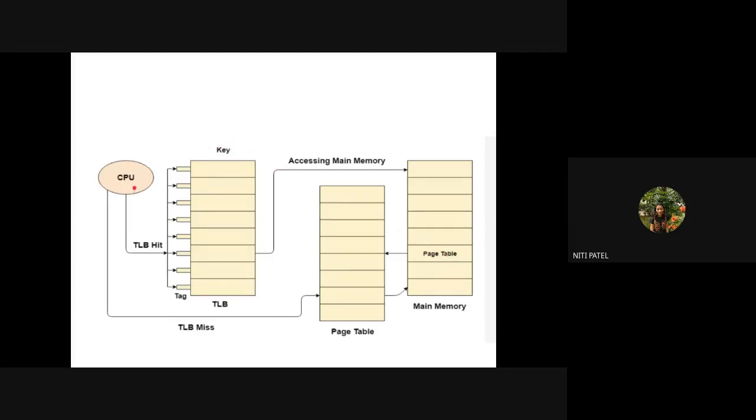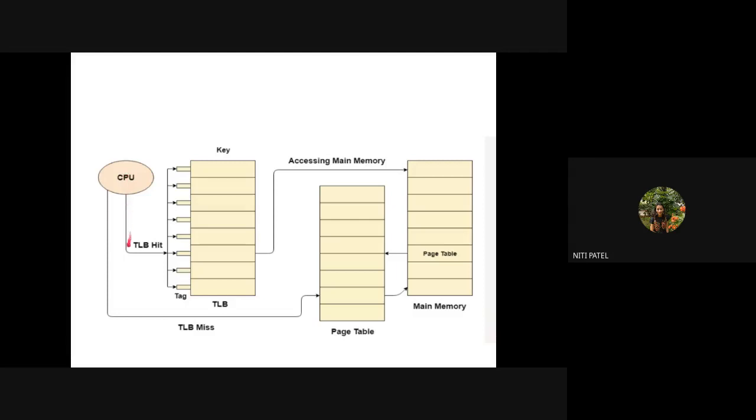So what is this TLB having? It has the key and the tags. What are these tags? The tags are nothing but the direct address in your main memory, and the key is nothing but the page inside the main memory. So if there is page 1 and page 1 is starting at location 0000, what I have stored in the TLB is P1 in the form of key, and in place of the tag I have stored 0000.